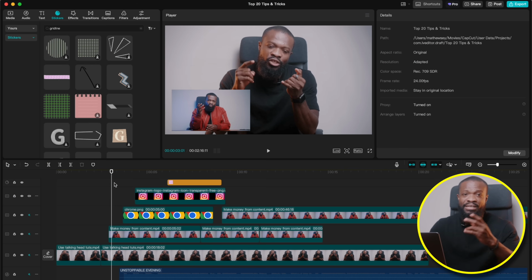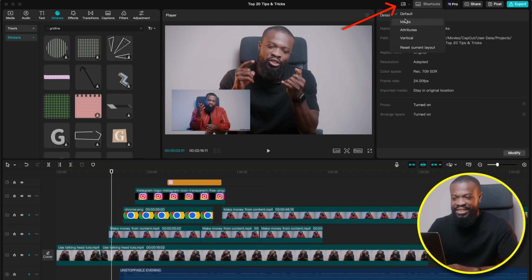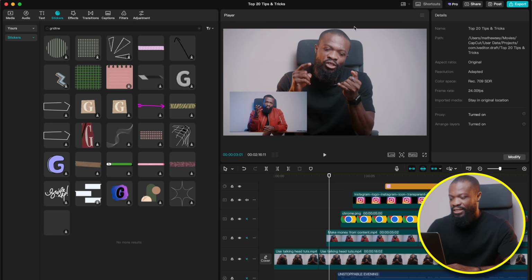I'm going to show you guys my two favorite interface layouts and why I use them. When it comes to the interface, when you go to this side and click on that, it's going to bring this out. It's always going to be on default. I like using default a lot. But when it comes to having a lot of files, then I go for media. This is what the media does. Imagine if I have so many videos to look through, it's going to bring all of them on this side,